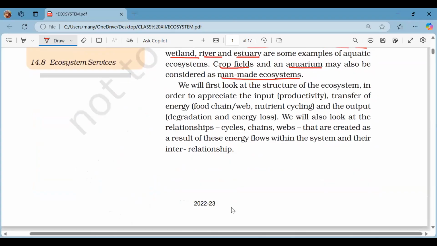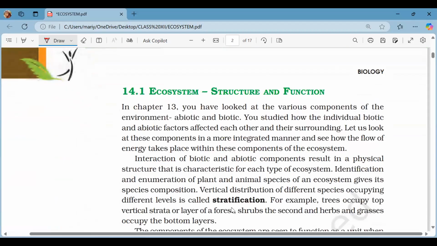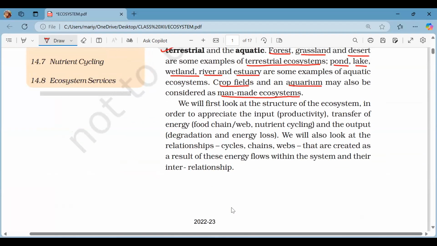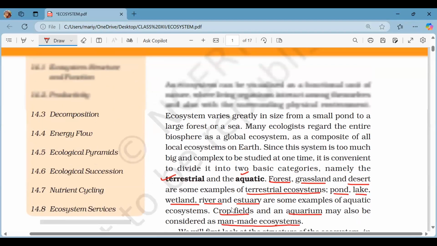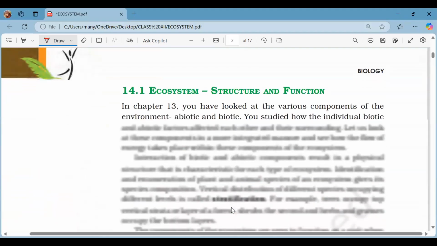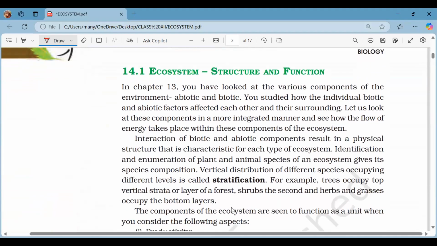So when we talk about the ecosystem, there are certain components of the ecosystem that are there. Ecosystem has a variety of structures and functions that it performs. So we are going to see each one of it one by one. So when we talk about the structure and function of the ecosystem,